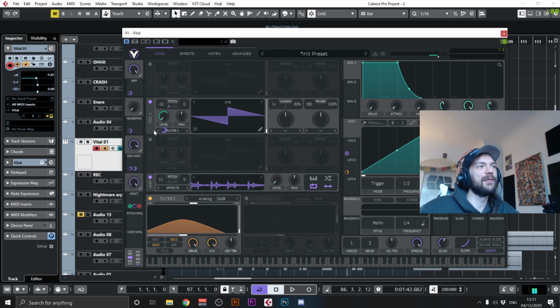The guy behind Vital, it's not a short-term project, and this becomes more and more clear the more I use it, how much love and effort this person has put into that synthesizer. I'm currently still running on the free version, but I might go on and buy a bigger version, because it turns out that this is really a killer tool, and it sounds very different from what I'm using, and I'm having a very good experience so far.